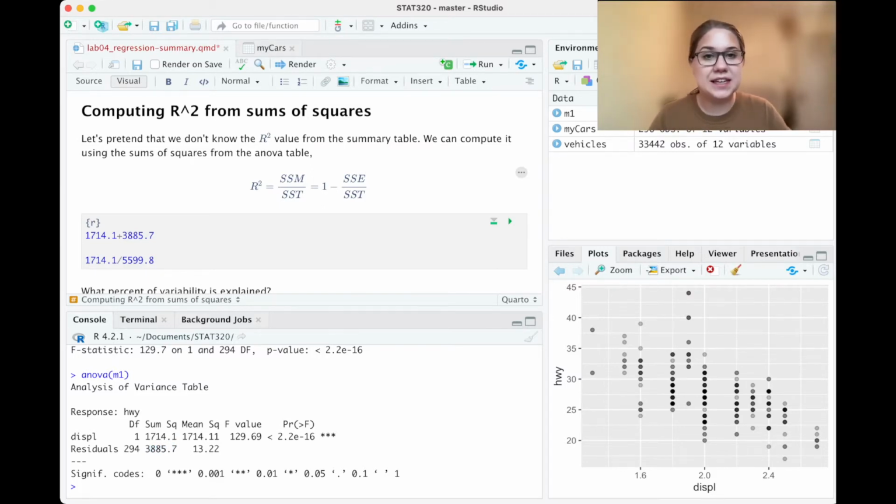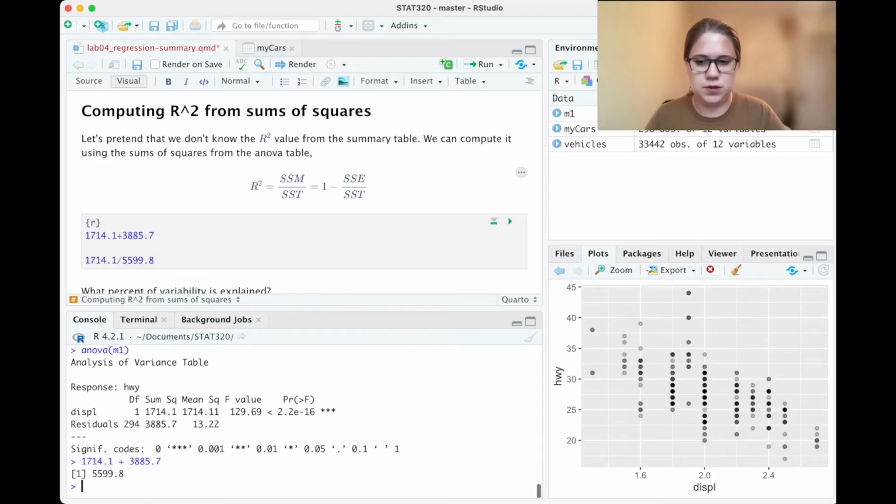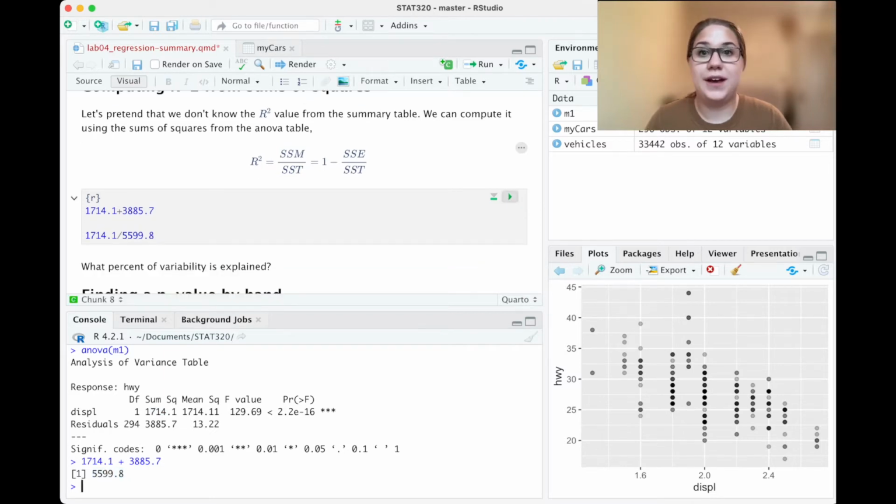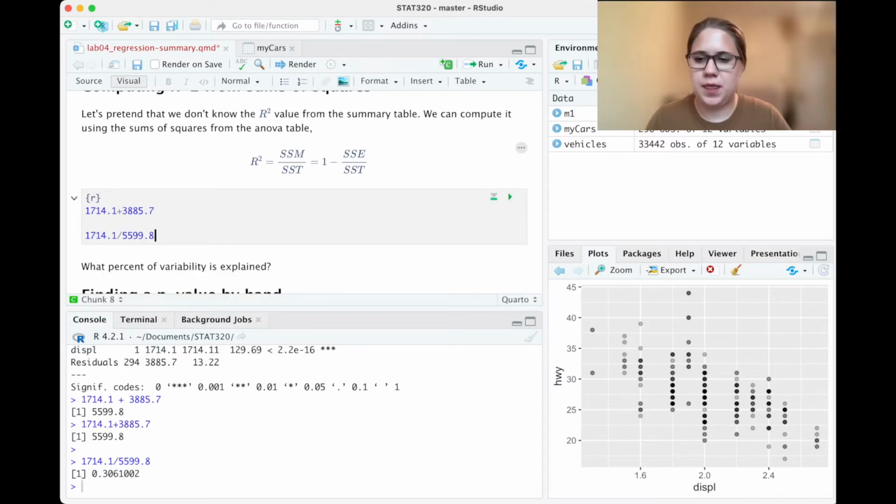The thing that isn't given in the ANOVA table is the SST, the total sum of squares. But what that is, is the sum of squares of the model, which in my case is 1714, plus the sum of squares of the residuals, which in my case is 3,885.7. And so my total sum of squares is 5,599.8. So I'm going to do the sum of squares of the model, that's 1714, over the sum of squares total. And I guess I could just hit play on this code chunk, and I get that exact same number that we had in the summary table, the